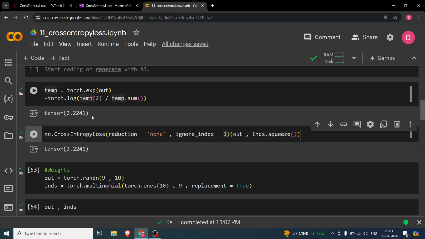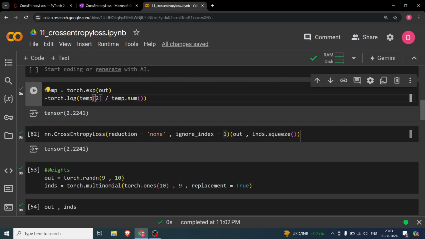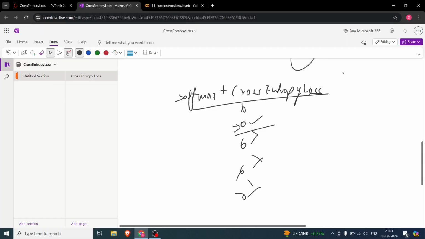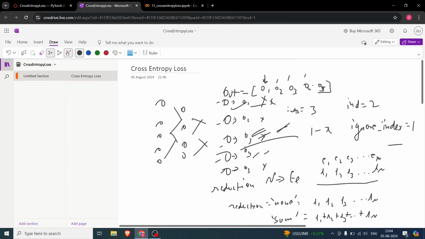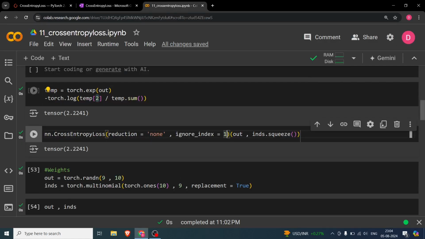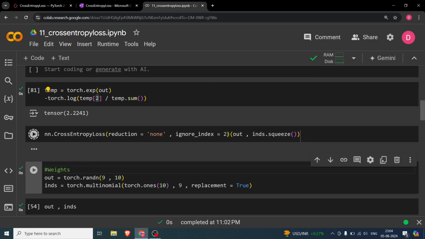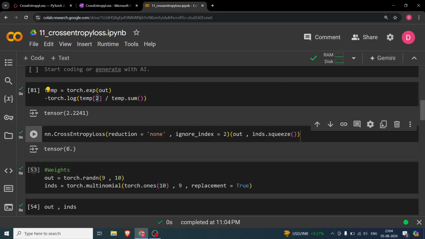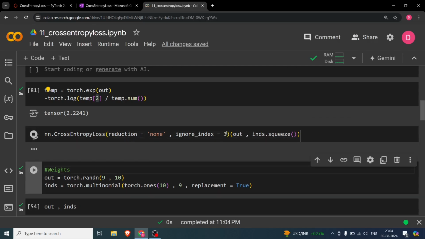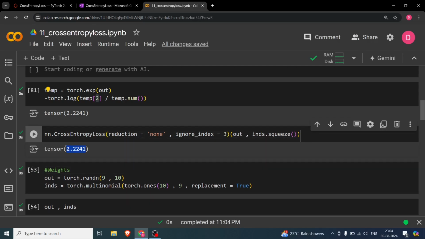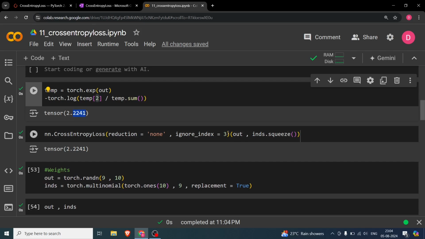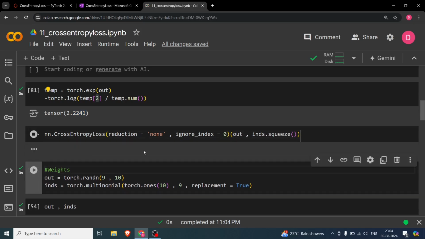But I told you just now, what if you take the right index and ignore it? So the right index was second, right? So here I had told you, let's go back. Here I had told you that this index is correct, which means this neuron is correct, which belongs to index, not 3, which belongs to index 2. Okay, so what if I put 2 over here? Automatically the loss should go to 0, and you can see the loss has gone to 0. But here if I say instead of 2 I say 3, okay, last time I had 1, now I have 3, the loss still does not change. It is the same loss. Even if I put it to 0, it does not matter, it will stay